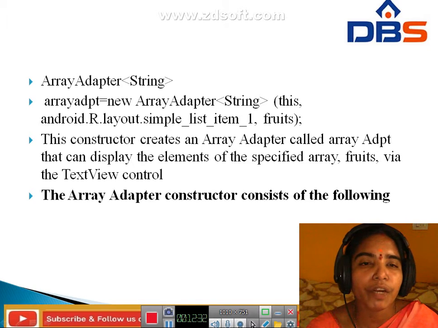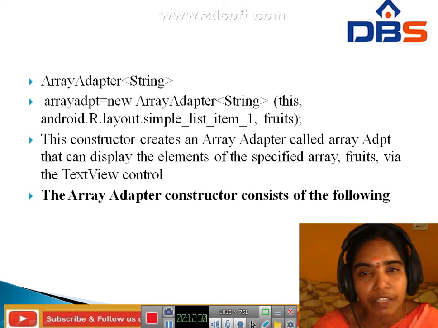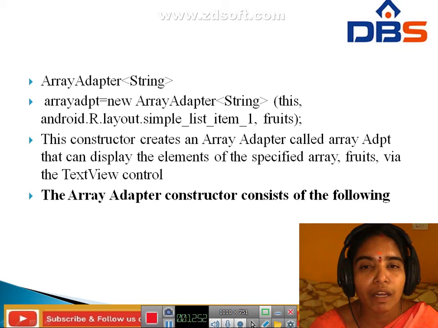Here we give the ArrayAdapter of String, a new ArrayAdapter, and this constructor is used. In this we pass fruits, which we created with apple, orange, banana, mango, like that.